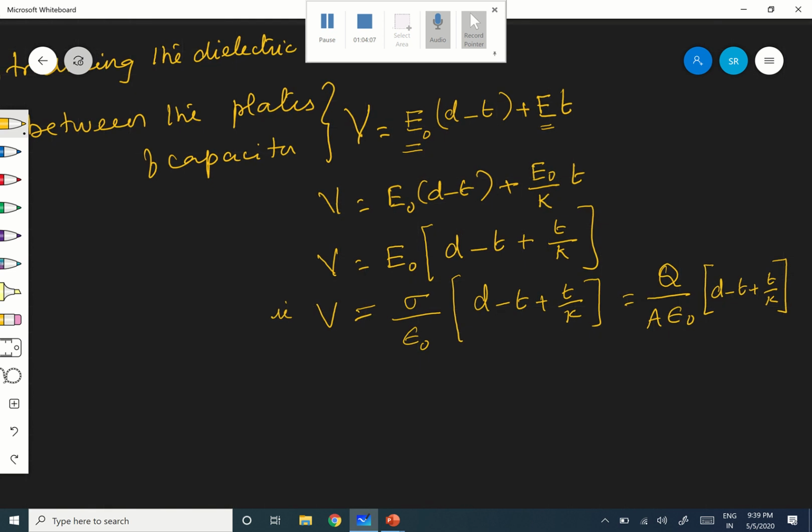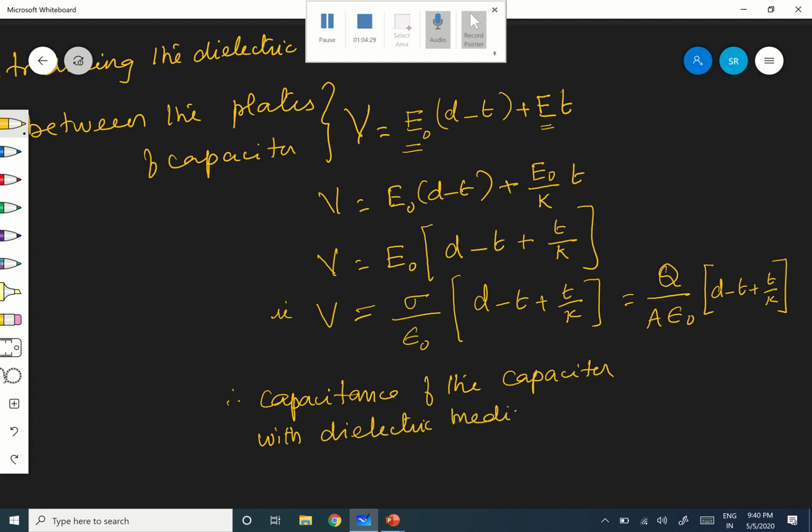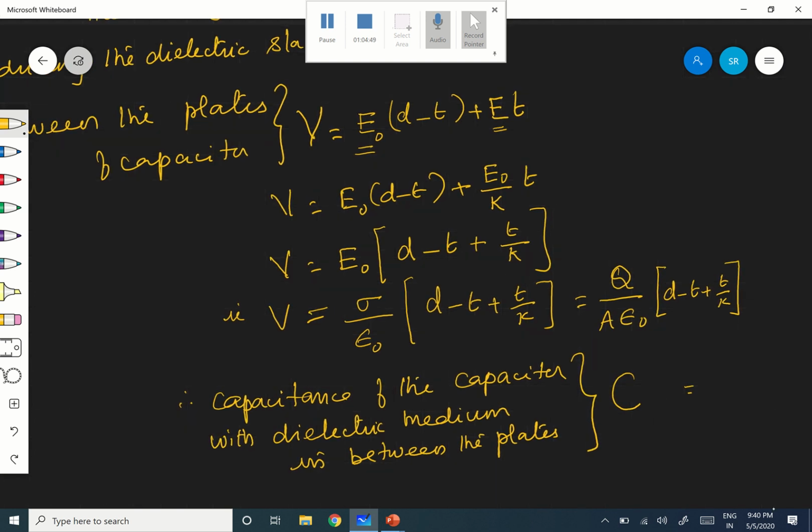But what I want is the capacitance of the capacitor with the dielectric medium in between the plates. Therefore, the capacitance of the capacitor with the dielectric medium in between the plates is C. What is C? C is nothing but